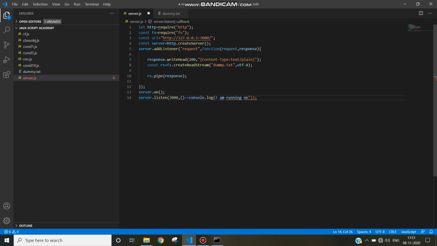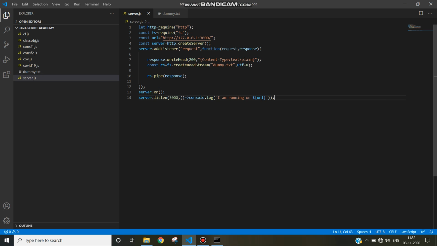Backtick is here. I am running on, and give dollar curly braces and write URL and close the curly braces. So all these are inside backticks.